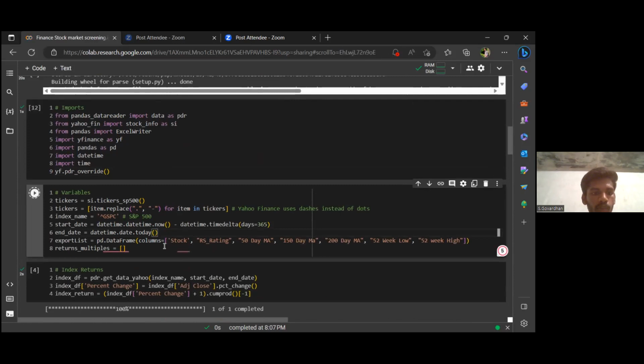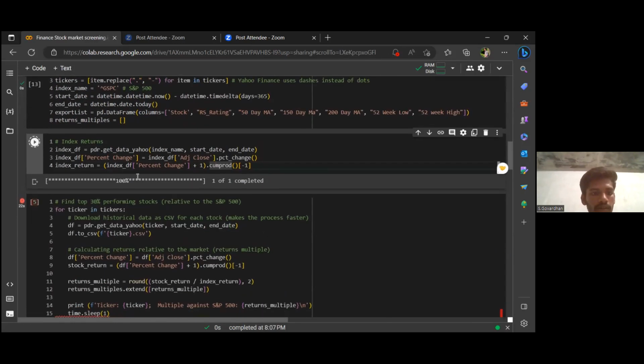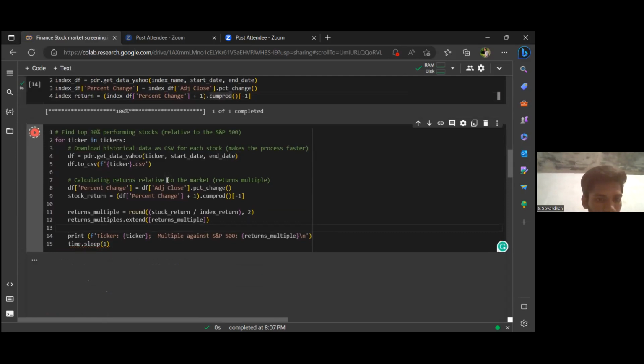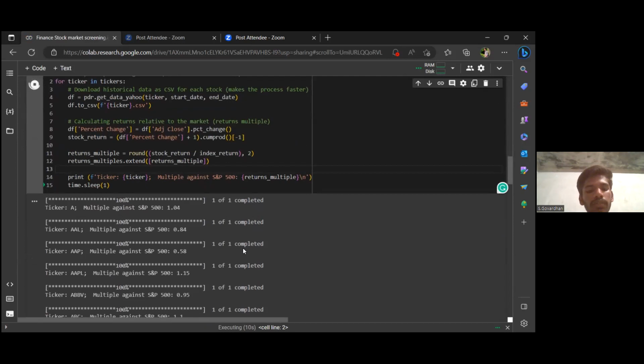This is just important variable assignments, so I won't explain this one. Here we can get the index values. It shows whether it is successfully installed or not. And when we come to this code part, this one is the main, the heart of the body. It analyzes the 30% of organizations which will get more profit compared with the other